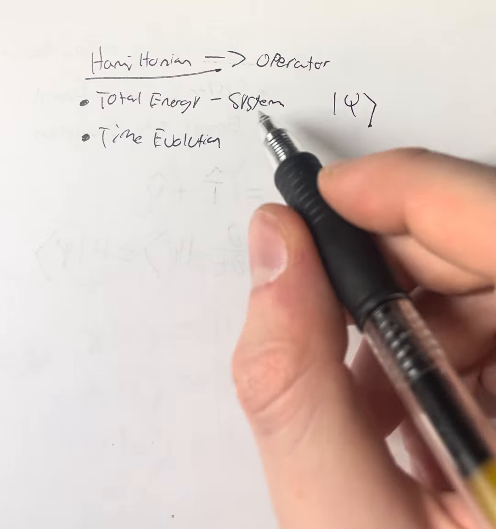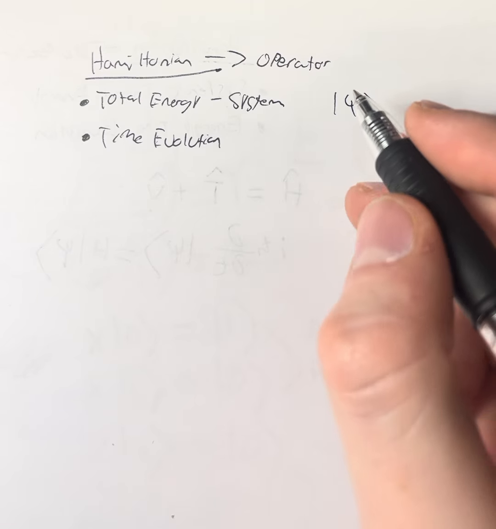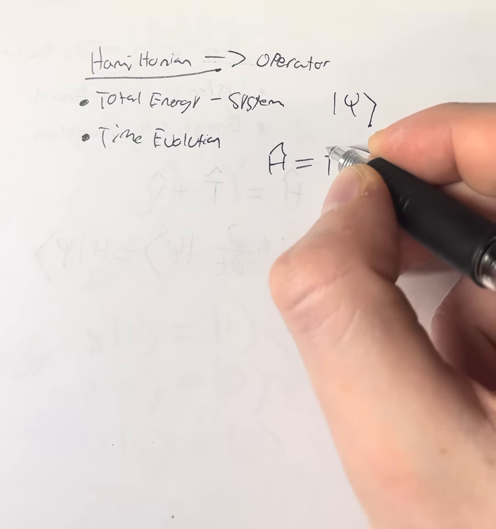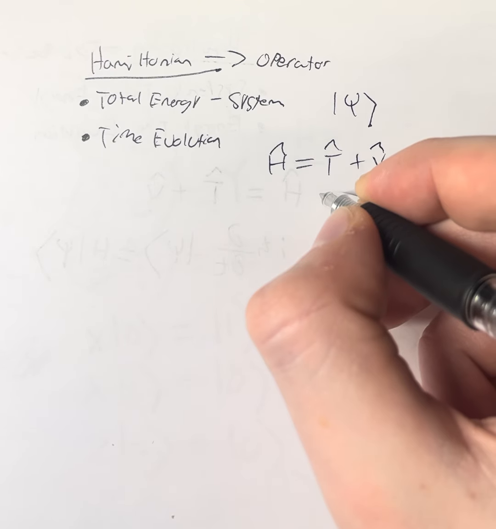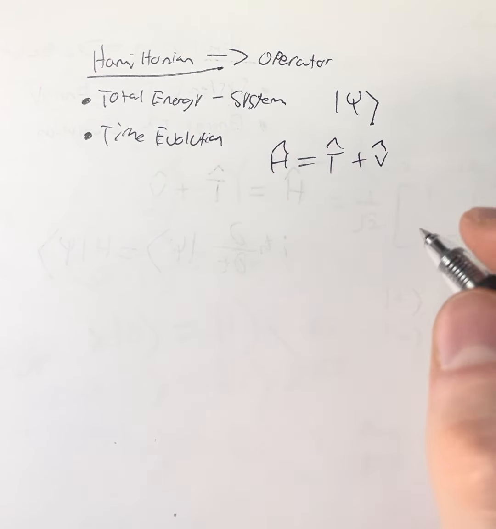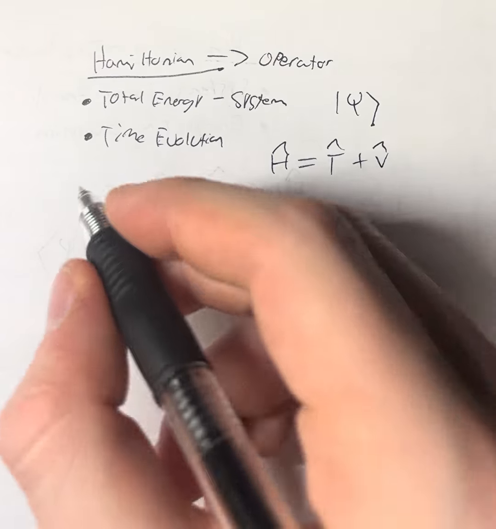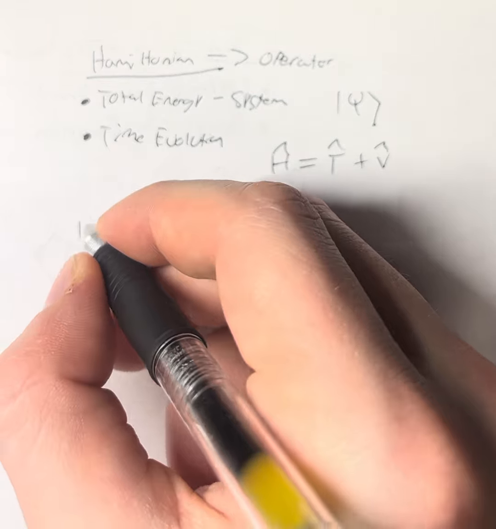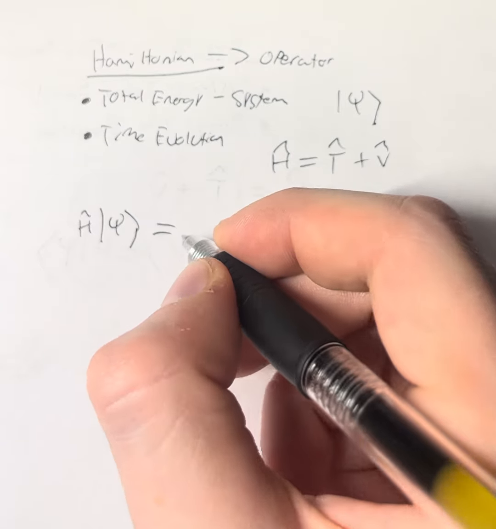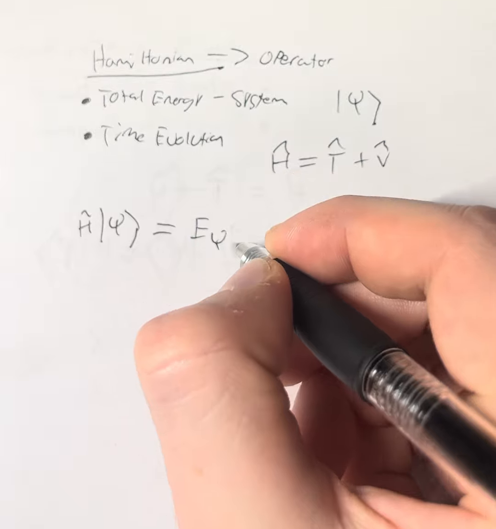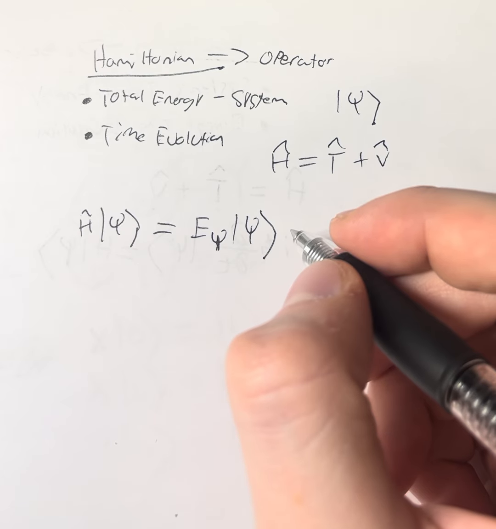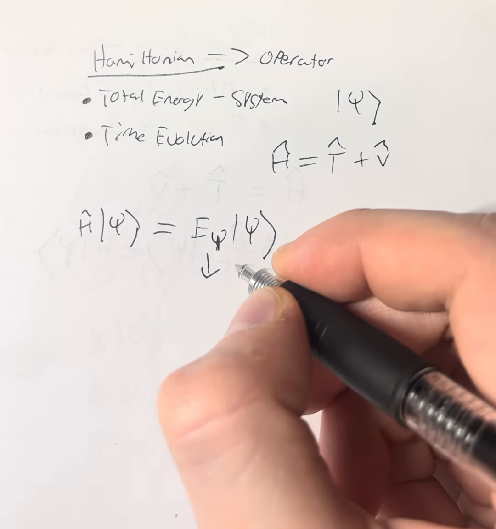Now, how do we actually find the total energy? Well, before I do that, let me explain the decomposition of what total energy is. You may remember from mechanics, it is just the sum of the kinetic, T, and potential, V, energies. Now, where the Hamiltonian comes into play in actual Ket and Bra notation is if we apply it to some quantum state vector, psi, any sort of psi. This gives us unique information about the energy, Ket psi, of the same quantum state vector. Now, this energy is some real number,